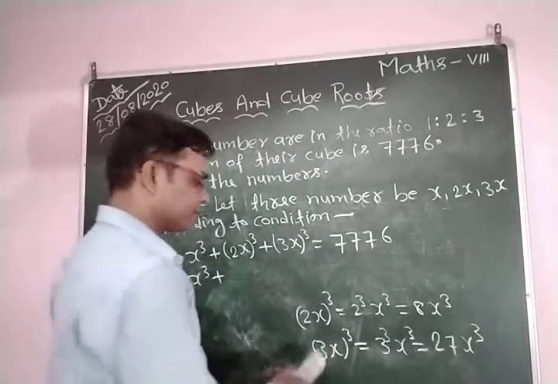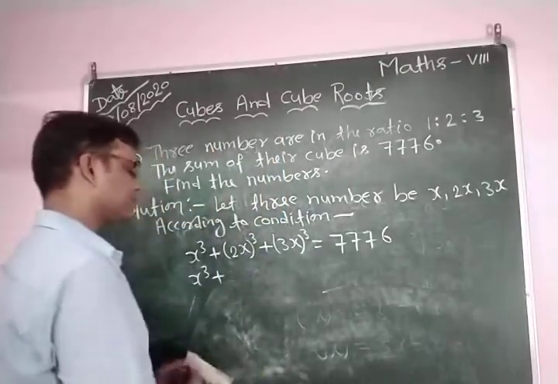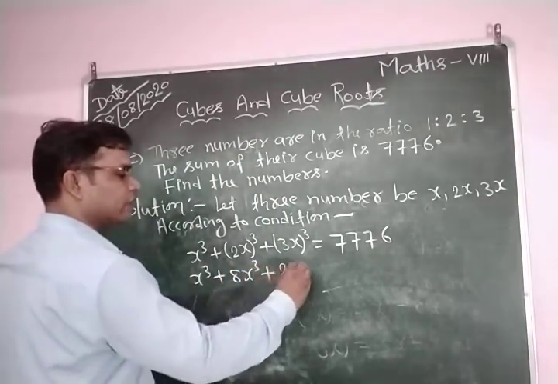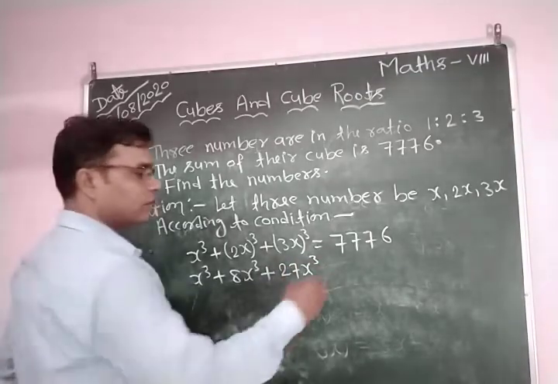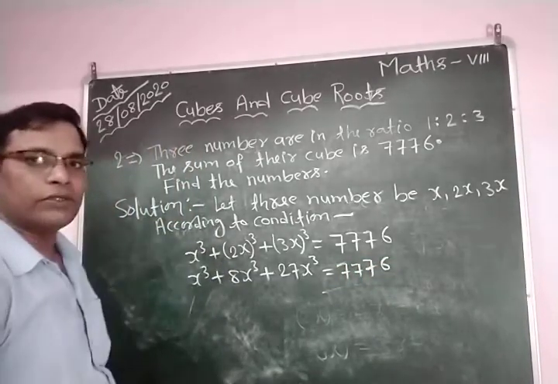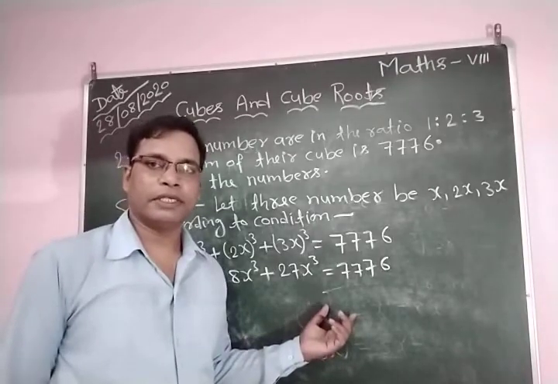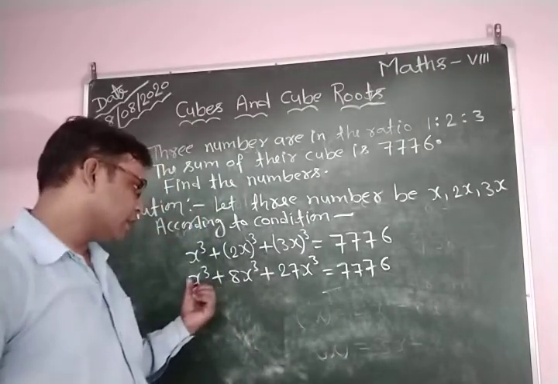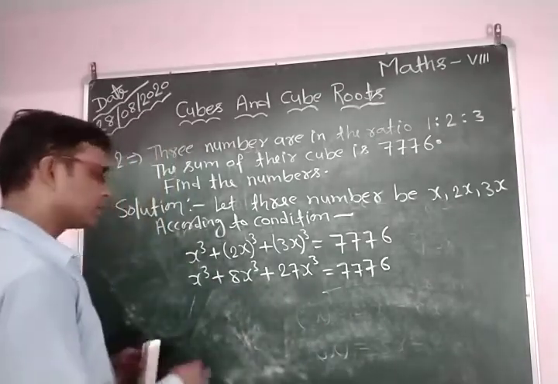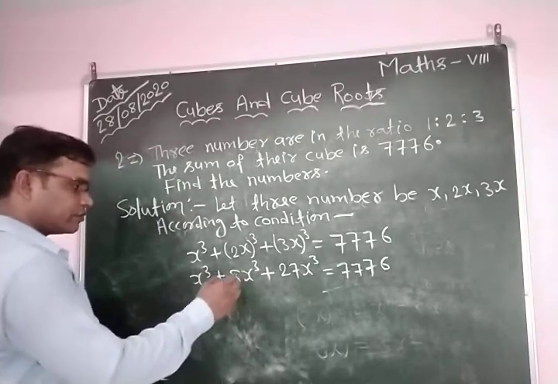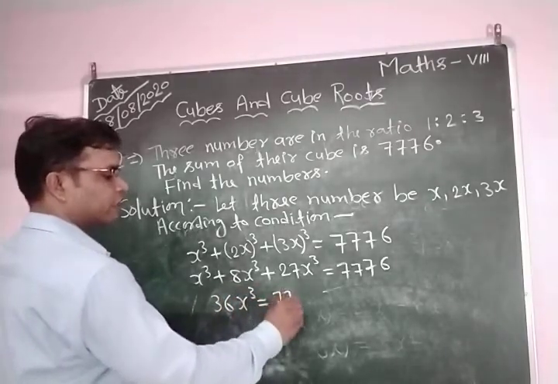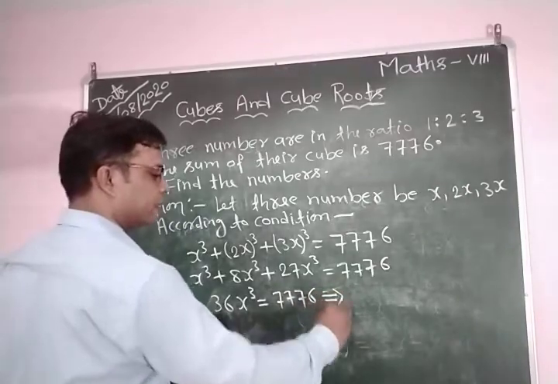So here you can write x cube plus 8x cube plus 27x cube, this is equal to 7776. Now sum them: 1x cube, 8x cube, 27x cube. So this is equal to 36x power 3, and this is equal to 7776. This implies that